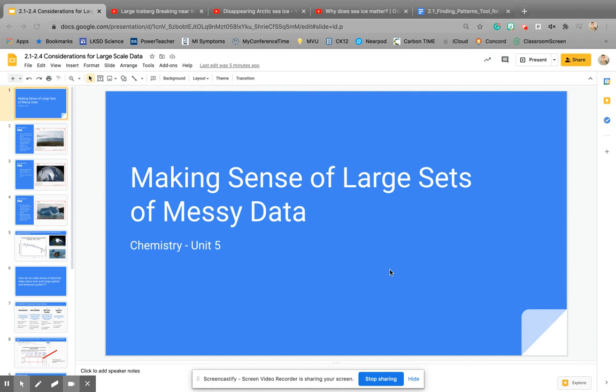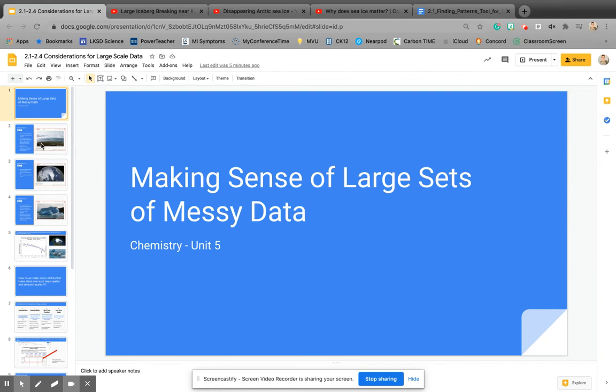All right, so this is going to be your introduction to this. It's kind of like a project. It's going to take a little bit of time for us to work through this next activity dealing with the mathy side of science and climate change. So this one is going to focus on making sense of large sets of kind of messy data. So to get us started, we're going to put our brains back around this idea of Arctic sea ice,